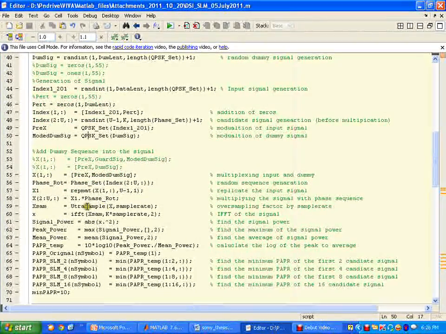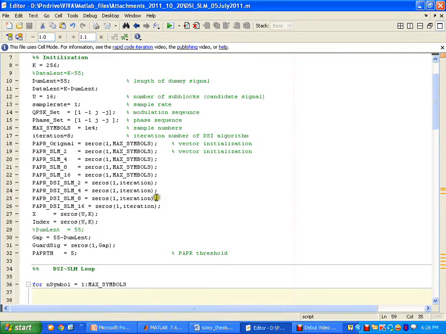Upsample is another program that I have written that is linked here, but here the sample rate I put 1. For a more practical result I should change this to 4.